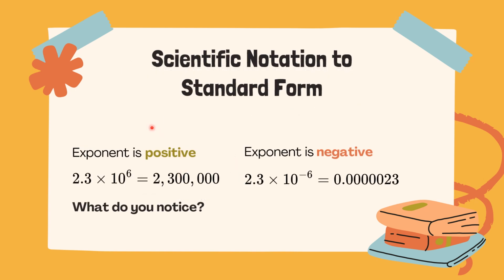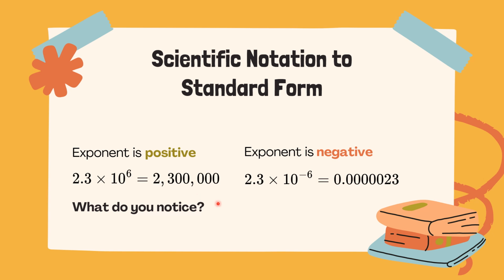Now we have different types of scientific notation. We have it with a positive exponent, and we have it with a negative exponent. We've already seen both examples of these in our Bell work last week or this week. When your exponent is positive, you are repeatedly multiplying your coefficient by 10. You are multiplying 2.3 by 10 six times, and you will end up with the number